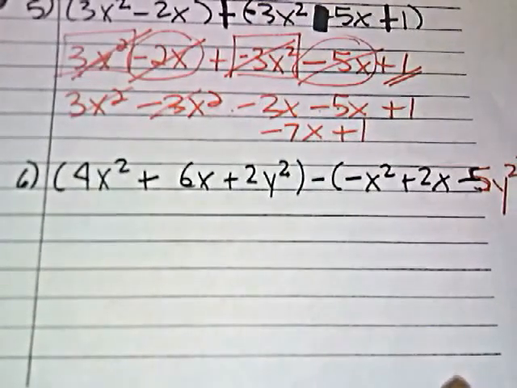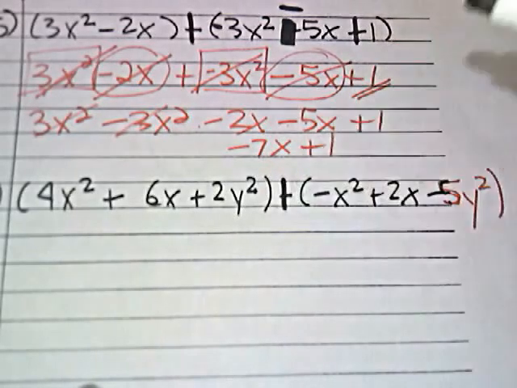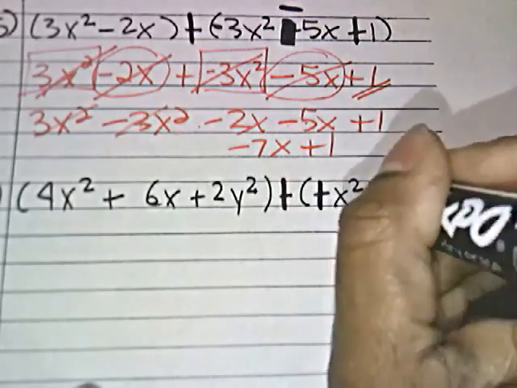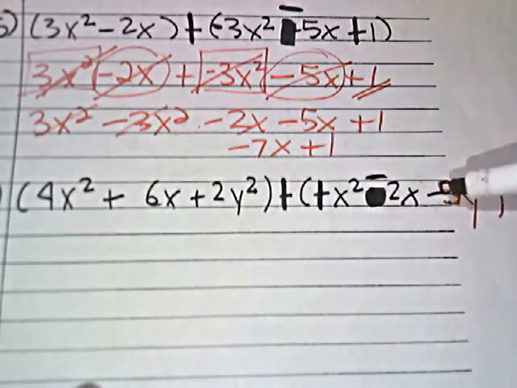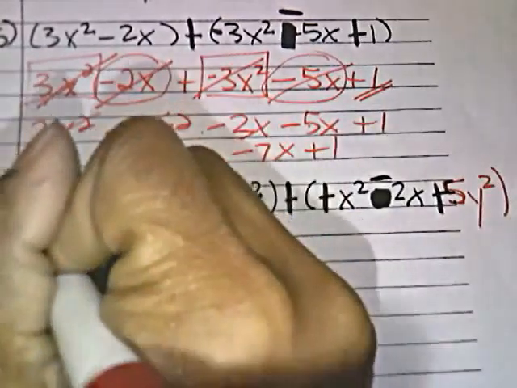Pause me if you need to. First, there's my middle one. So if this is a subtraction, make it addition. This is negative, this becomes positive. This becomes negative, and this becomes positive. So that when I rewrite it,